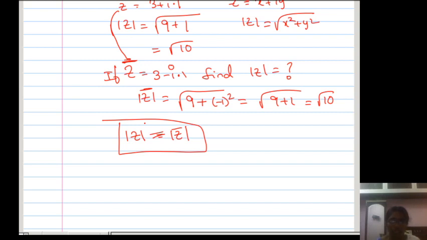Next, by this relation you have one theorem. Write down the theorem statement. What is the statement of the theorem? If alpha belongs to C and beta belongs to C, two complex numbers, then we have the theorem. The first one is mod alpha is equal to mod alpha bar. Just now I discussed this: the absolute value of the complex number is equal to the absolute value of its conjugate.